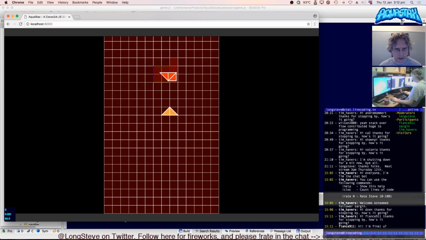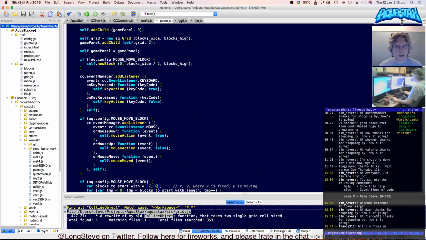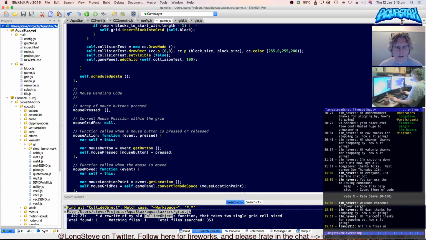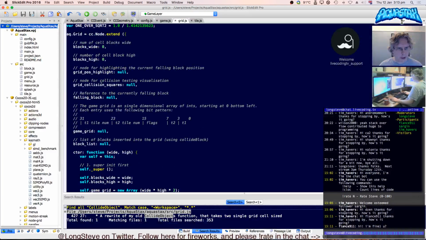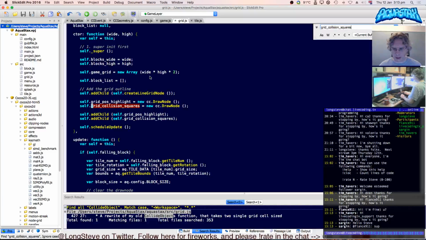No, that's not working. Those cells are almost covering the block. Actually, they would work in that scenario, although it looks like in some places it won't. Yeah, that's not the right way of doing it. Right, so that particular highlight, where does that come from? So I'm pretty sure that grid collision squares, that's the thing that